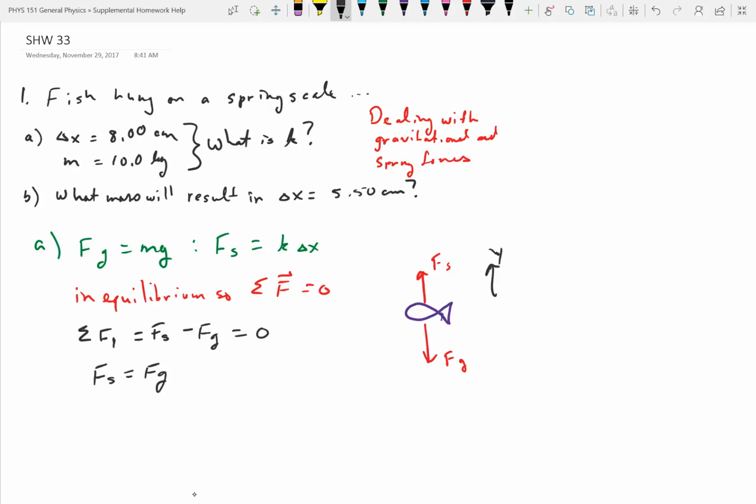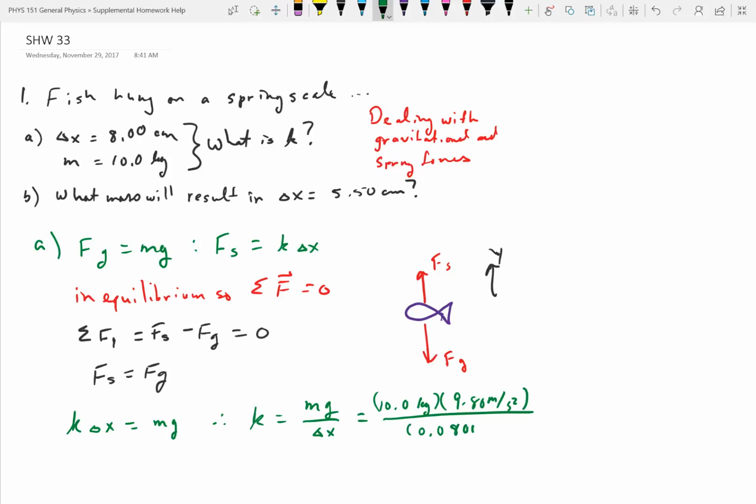So now, using my equations for force spring and force of gravity, I have k delta x is equal to mg, and I'm just solving for k. So k is equal to mg over delta x, which is 10.0 kilograms times 9.80 meters per second squared, divided by, and of course the standard unit, what's the standard unit for length? Meters. So I need to convert that centimeters into meters. So it's going to be 0.08